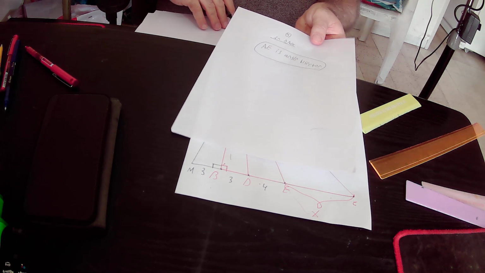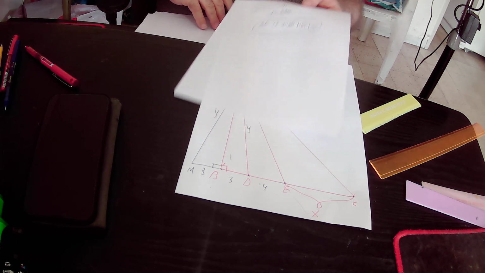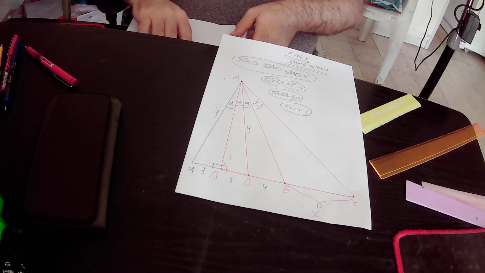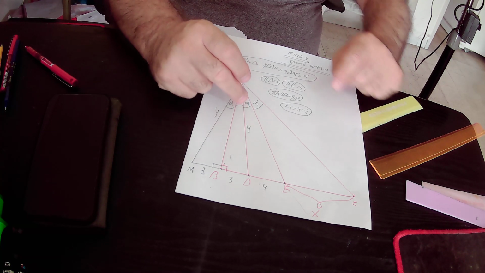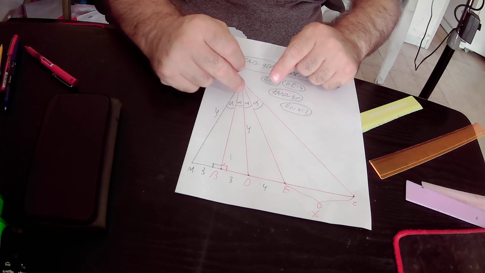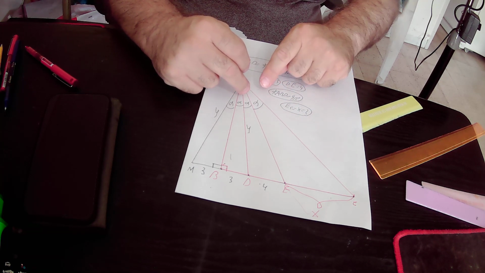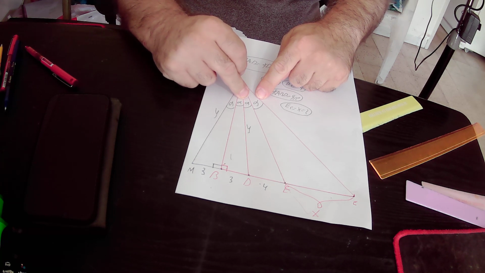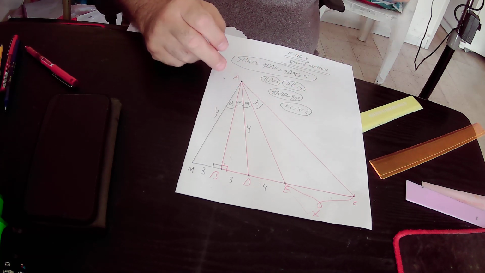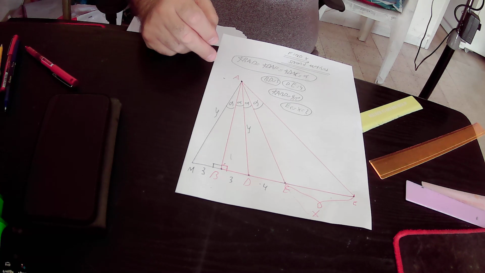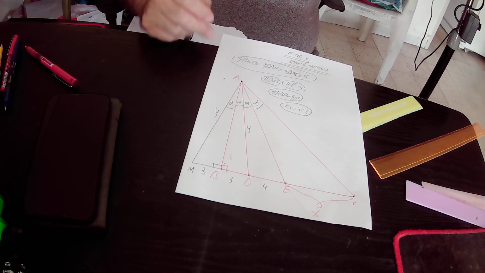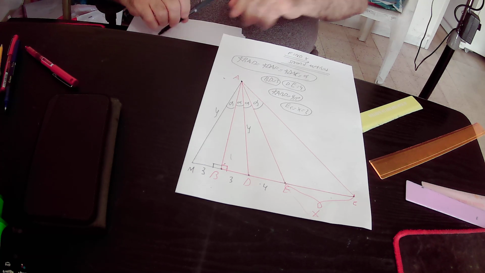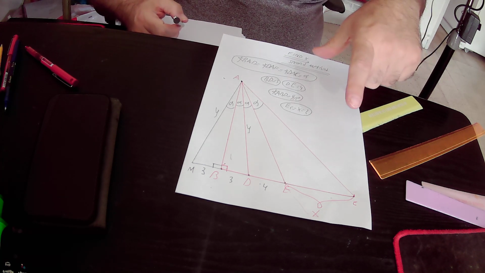Again, in triangle ADC, AE is angle bisector. So why is AE angle bisector in triangle ADC? Because AE divides angle DAC into two equal parts, alpha and alpha. Therefore, AE is angle bisector in triangle ADC, and according to the angle bisector theorem, the angle bisector AE divides side